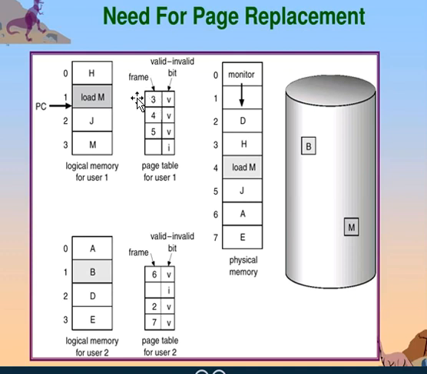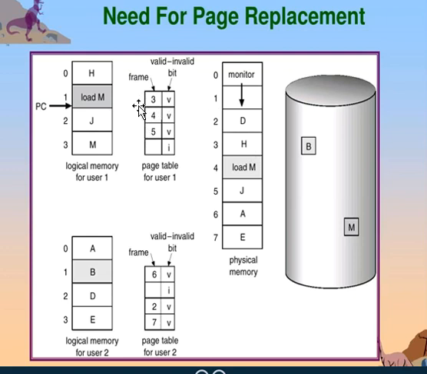For example, observe here 0, 1, 2, 3. As they are the page numbers, I am going to write them beside this page table. So 0 is representing what? H. H is a valid one, that must be kept inside which frame? Third frame. Yes, third frame. So observe, before going to explain this physical memory, the number of pages, how many here do we have? 4 and 4. So 8 pages. So we are getting 8 frames. So observe 0 to 7, 8 frames are there. So that we have to keep all these 8 pages in their respective frames.